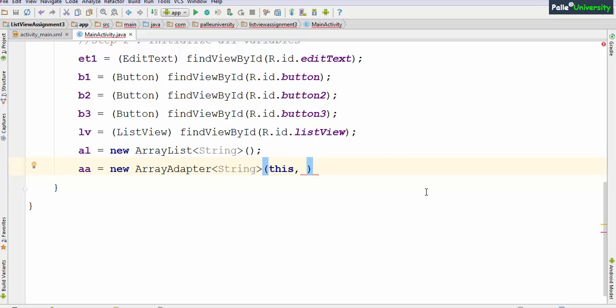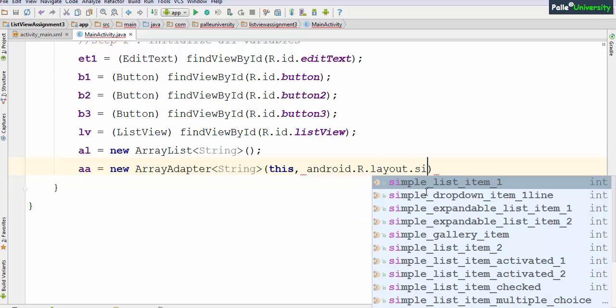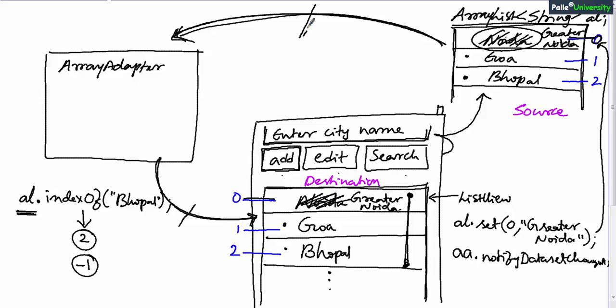Array adapter takes 3 parameters. This comma android.r.layout.simple list item 1, and last parameter is link between array list and array adapter. You have to supply array list name, that is AL. With this, one link is over, that is link between array list and array adapter. Now we have to establish this link by using